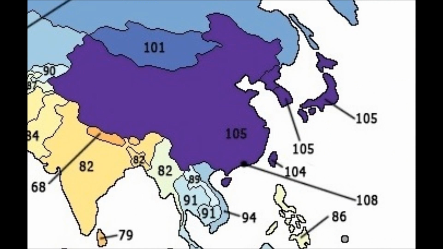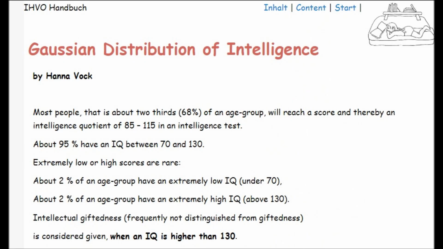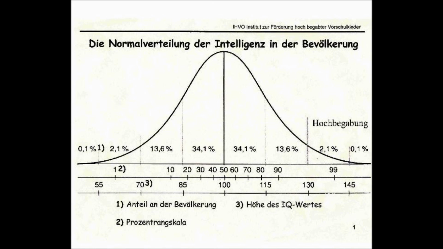We can also look at Asia, and we notice that Japan, China, Hong Kong have higher numbers. The purpose of this video is to talk about what it means when we have these kinds of differences between countries. First of all, the average is just an average and every person is different, so basically IQ is only a Gaussian distribution of intelligence, and the people are mathematically divided into the different levels